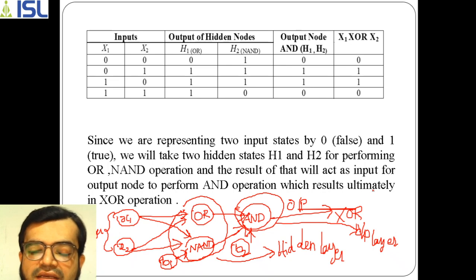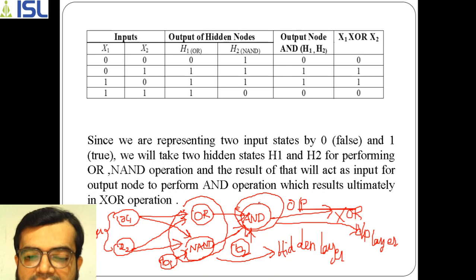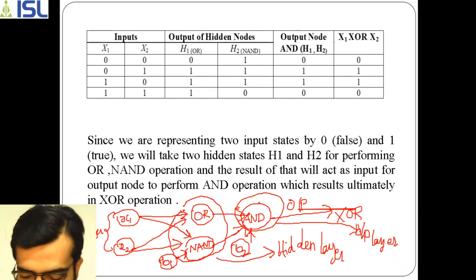The problem with the XOR operation is that if you perform it using a perceptron, a single feed forward network, you just have an input and output, with no hidden layer between them. Because of that, you cannot directly perform XOR, since XOR is a combination of multiple gates. So we overcome the problem of linear separability in this method.